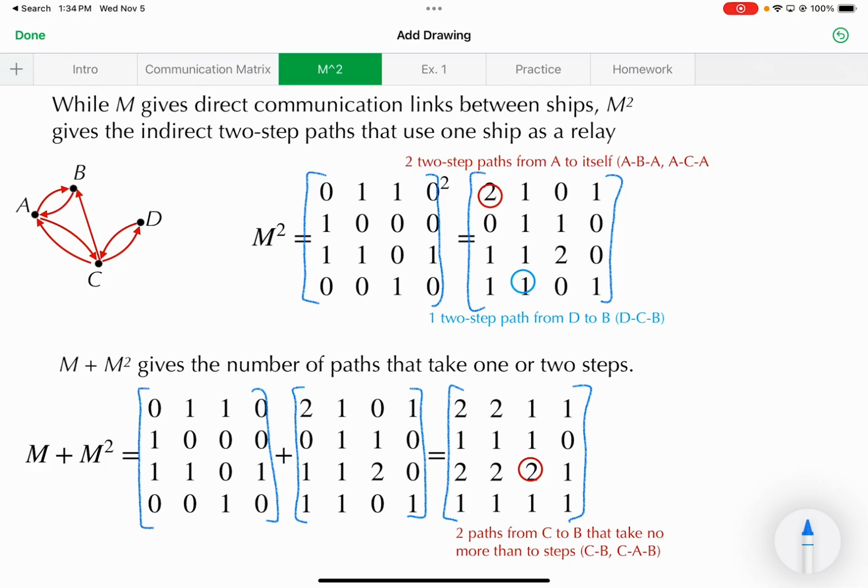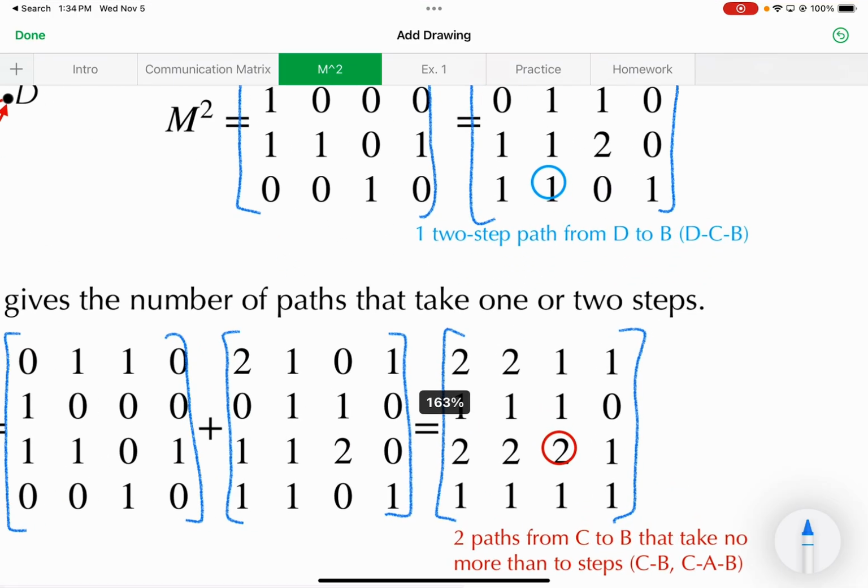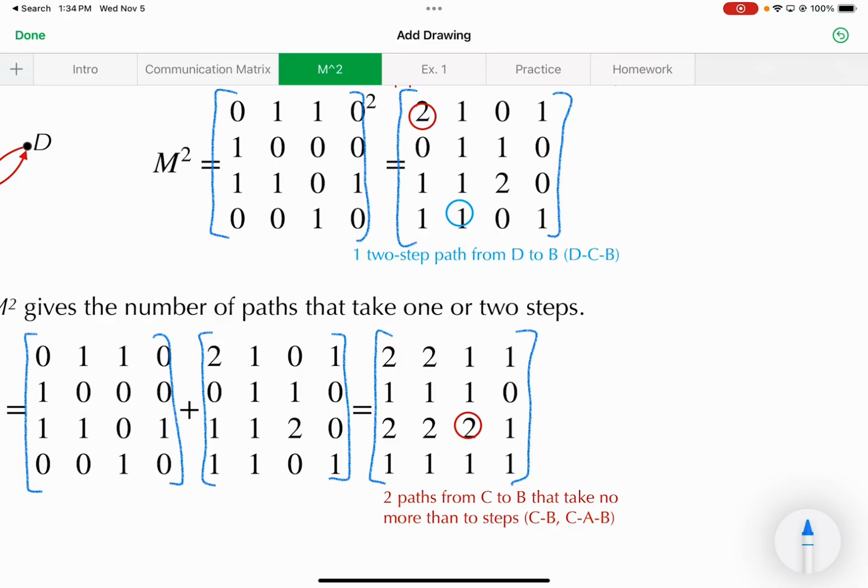Now, if you add together M and M squared, what that gives you is the number of paths that take 1 or 2 steps. So if you add those 2 matrices together, it's the number of ships that can directly communicate plus the number of ships that can communicate with a relay. So that red 2 that's circled there shows that there's 2 paths that go from C, because this would be from C to,